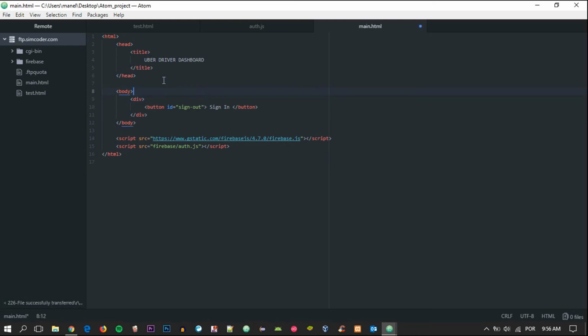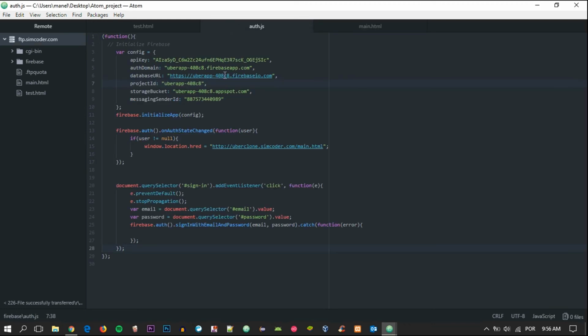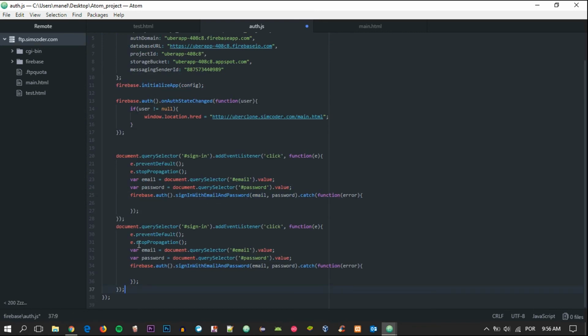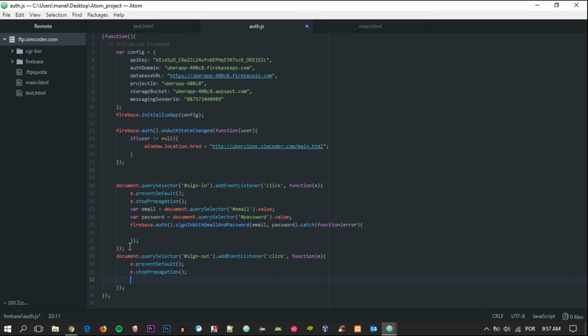I'm going to take this h3 tag out, and I'm going to add the logout function, because we need a logout function. So let's go inside here and copy and paste this listener, but instead of sign in, again sign out, add listener. Okay, we prevent default, stop propagation, and we can remove all of this and simply say